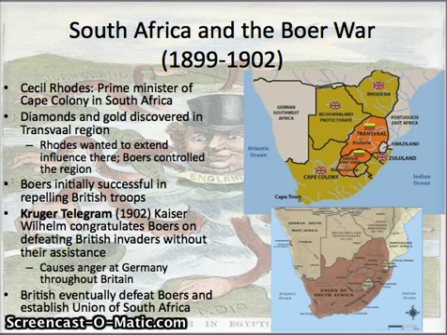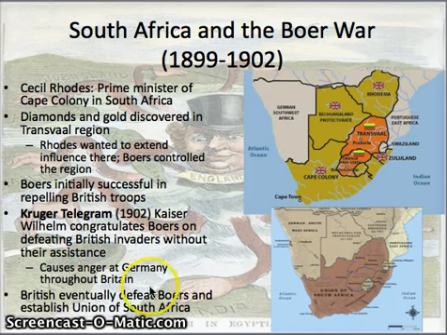All right, so what happens? Ultimately, the Boers and the British go to war. The Boers are not Dutch anymore, really, because they've been there for so long. At first, the Boers are successful at repelling the British troops, but that results in what's called the Kruger Telegram, also important when we talk about World War I, where Kaiser Wilhelm of Germany goes to the Boers and says, "Hey guys, congrats, you defeated the British and you didn't even have to ask us for help. That's awesome." When the British get word of the Kruger Telegram, they get really, really angry, particularly at Germany, of course. So this is going to be another contributor to World War I.